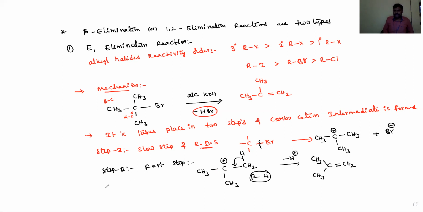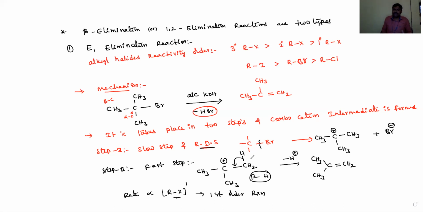Okay, dear students, these reactions take place in 2 steps, and the first step is the rate determining step or slow step, in which the rate of the reaction is directly proportional to the concentration of alkyl halides only. That's why it is a first order reaction, because the order is only one. The rate of the reaction depends on the concentration of alkyl halides only. Hence, it belongs to first order reaction. And for these reactions, low concentrated or weak bases are sufficient.